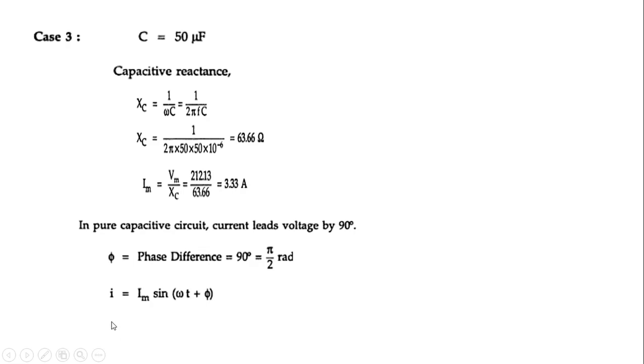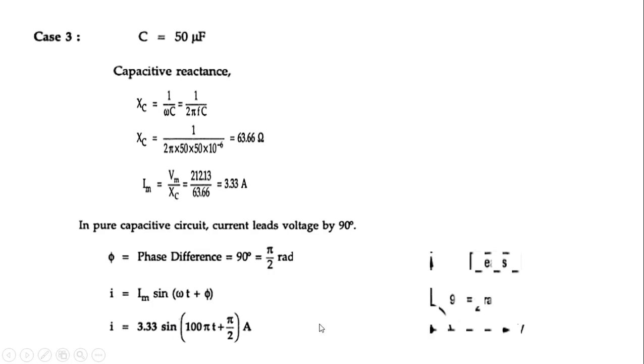The instantaneous current equation is I is equal to Im sine of omega t plus phi. Value of Im is 3.33 and omega t is 100 pi t plus pi by 2. Finally, current equation for instantaneous value I is equal to 3.33 sine of 100 pi t plus pi by 2